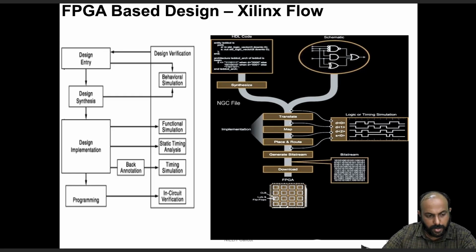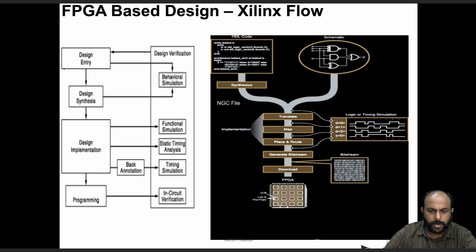Xilinx calls it a bit stream. That comes with an extension of .bit, and basically it is dumped into an FPGA so that the FPGA gets reconfigured according to the stream. The bit stream file is basically a text-file lookalike, which carries ones and zeros, but once these ones and zeros get dumped onto the FPGA, it will reconfigure the FPGA so that your design is implemented.